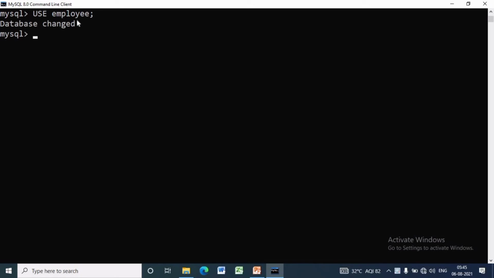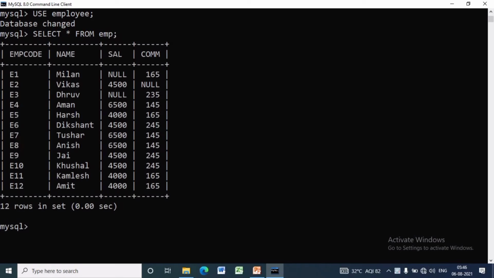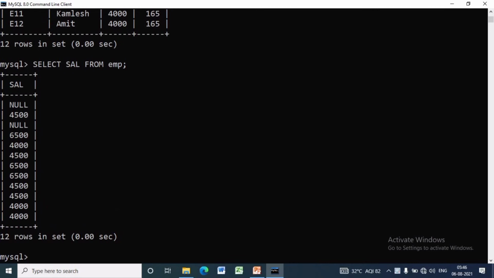To see all the records available in the EMP table, we have to write SELECT * FROM EMP. There are 12 records in the result set. If you write SELECT SAL FROM EMP, it will provide us 12 records with duplicate and null values.